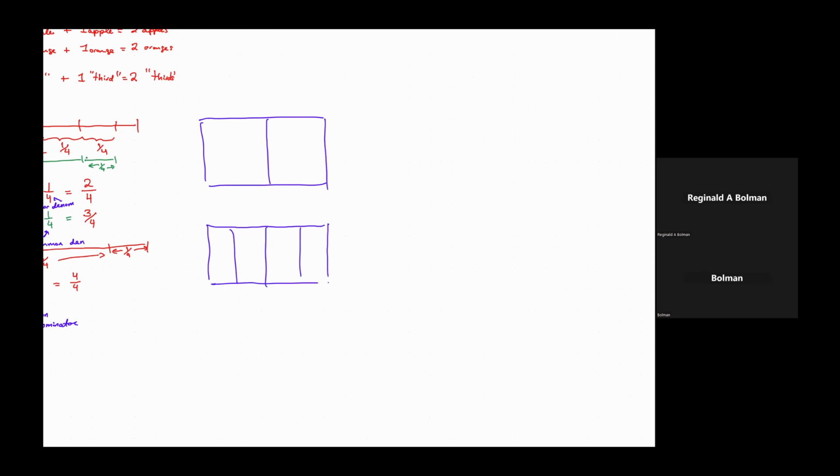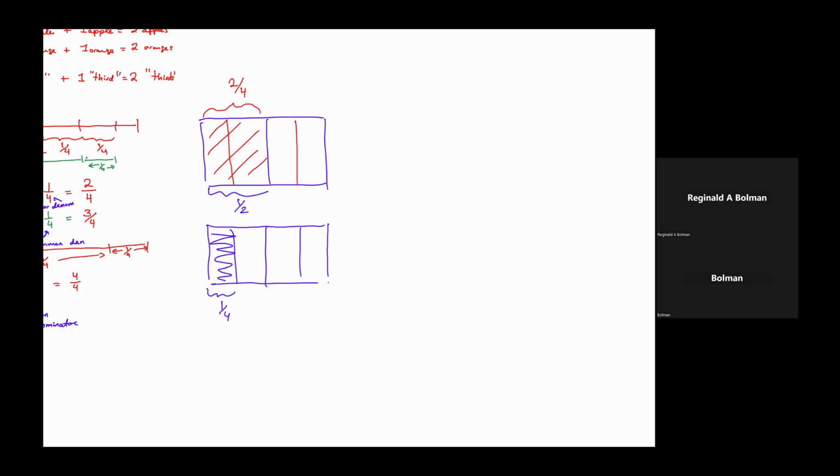Here's my candy bar that's sliced into pieces of 4. Here's my 1/4 piece. If I had taken the top candy bar and we sliced it into pieces of 4, you'll see that the 1/2 piece is exactly equal to 2 pieces of 4. Here's my 1/2 piece, what we had before,